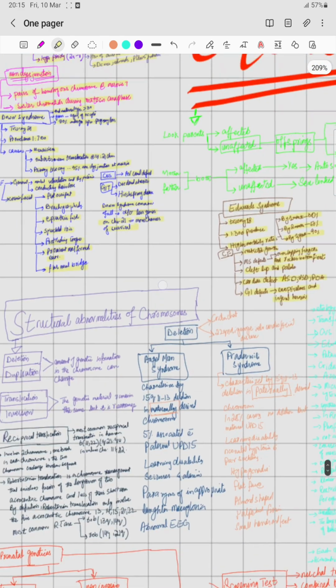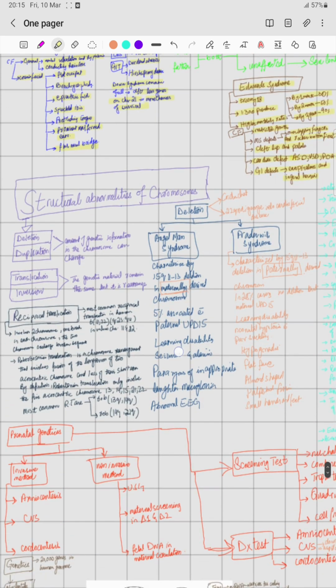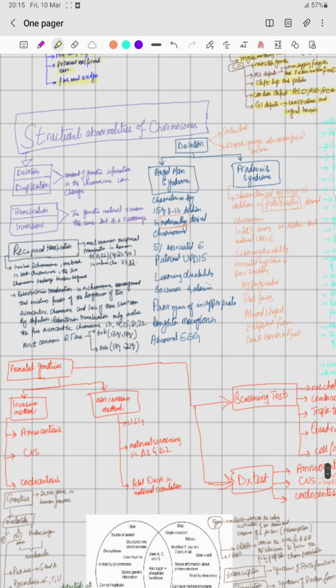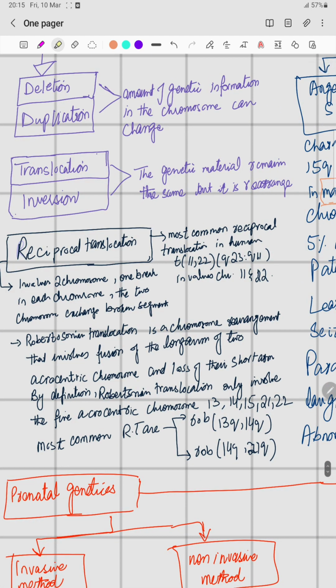Now, as we have done with the numerical chromosomal abnormalities, let's see the most important structural abnormalities of the chromosomes. They occur because of deletion, duplication, translocation, or inversion. In deletion and duplication, the amount of genetic information in the chromosome can change. In translocation and inversion, the genetic material remains the same, but it is